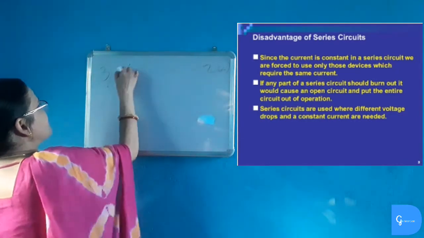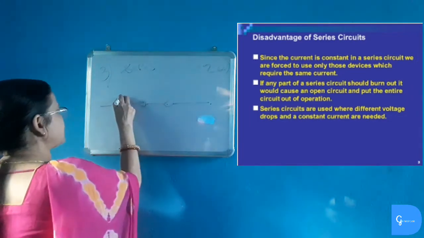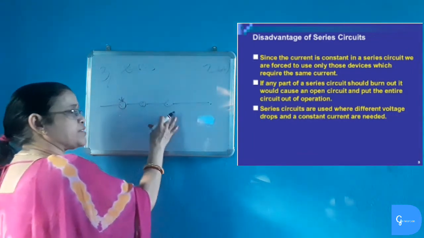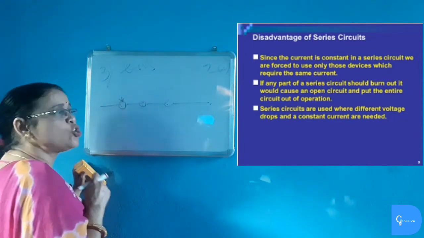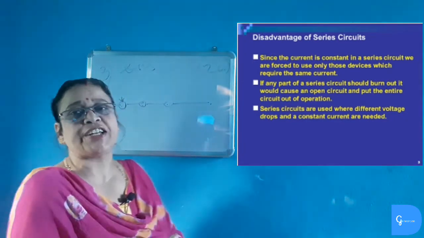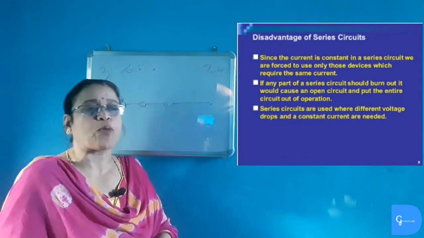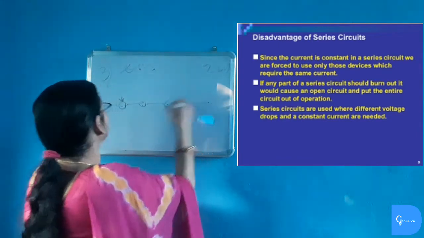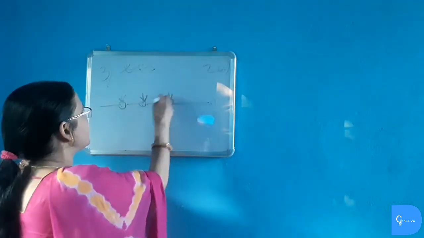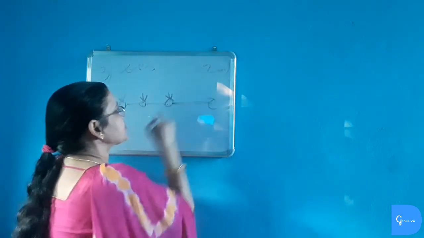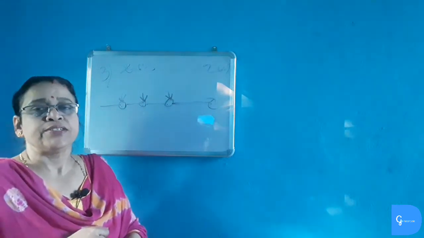Now the last disadvantage of series connection is this: when the bulbs are connected in series, resistance increases considerably. As the resistance increases, the current flowing in the circuit decreases. Each electrical appliance in a house has a different power rating. So the electrical appliances will not get enough current to work, and thus the appliances in our house with different power ratings will not work properly, because all the resistances, that is bulbs connected in series, act as resistors and reduce the current flowing in the circuit. These are the main disadvantages. That is why we do not have a series circuit in our house.